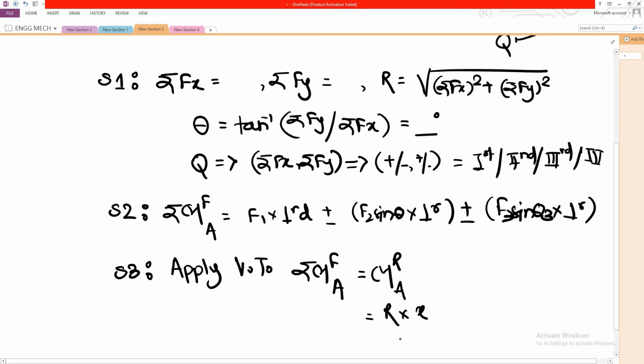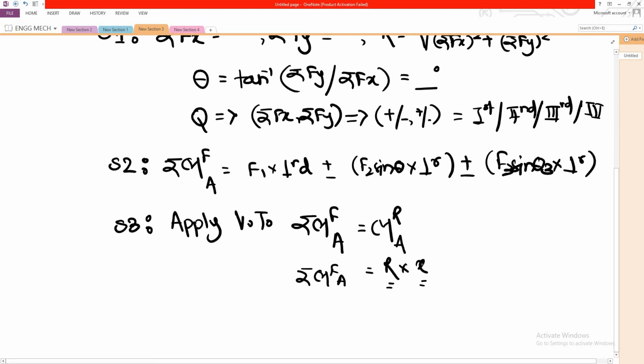Here the moment is the product of a force and the perpendicular distance, x being the perpendicular distance, and R is the resultant that we have already calculated, and also the value of total moment is known. Thereby, solving this equation for x, it gives us the answer like this, divided by R. Some numerical value will come out and it is a distance, that's why it will be in centimeters or meters as provided in the problem.